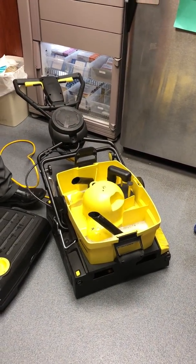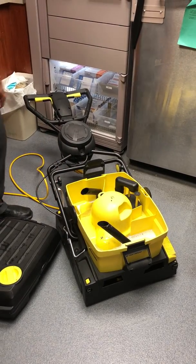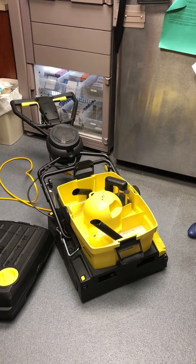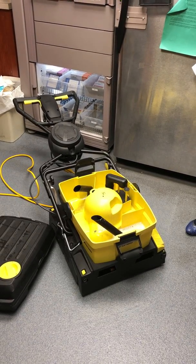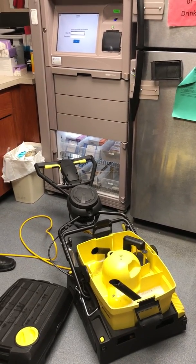That's right. So you see you have a vacuum shoe on either end. This is where your water's coming up. That's fantastic. That's pretty